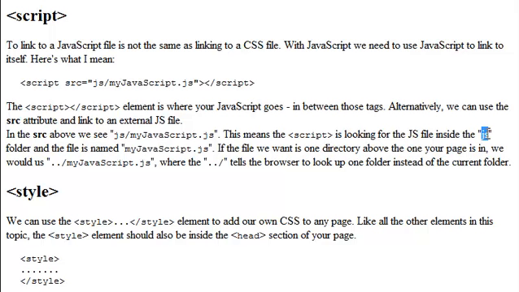If the file we want is one directory above the one your page is in, and the ../ tells the browser to look up one folder instead of inside the current folder. Now if we wanted to go up two folders instead of just one, we'd use ../ and then another ../